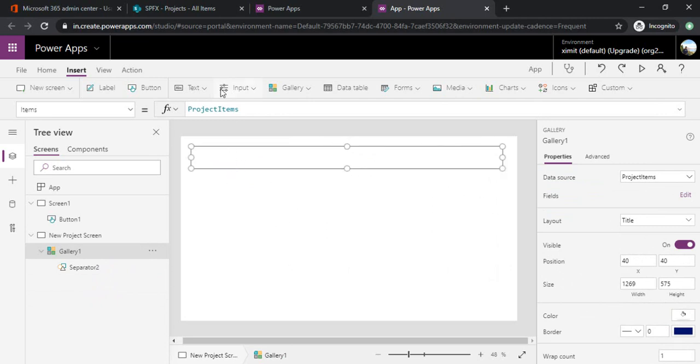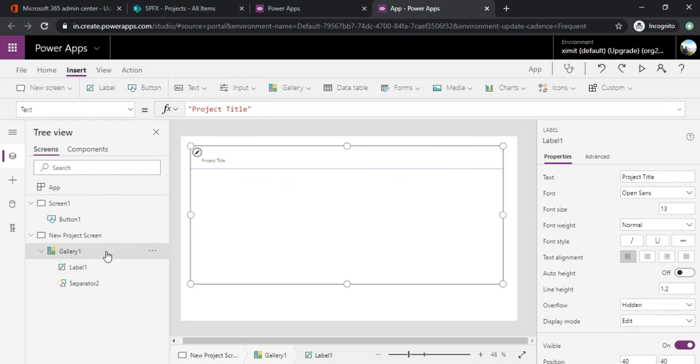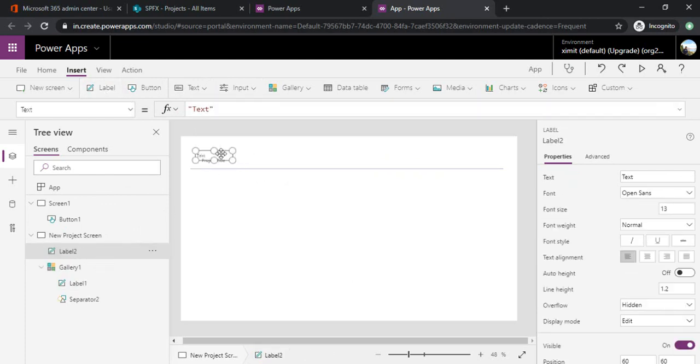Now in this gallery, I'll add one label. This label would be my project title. I'll add one more label, and this label would be project description.